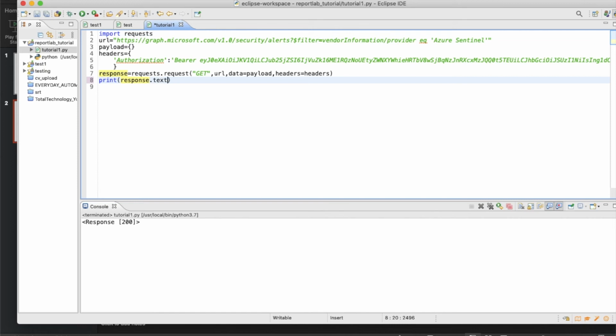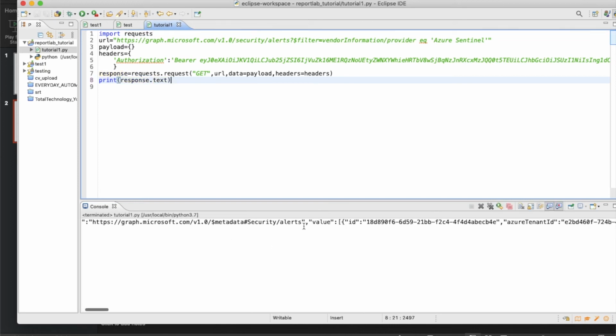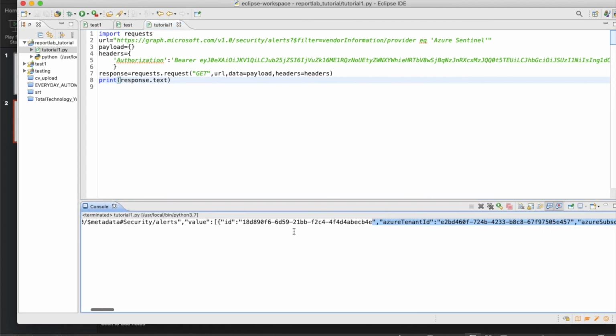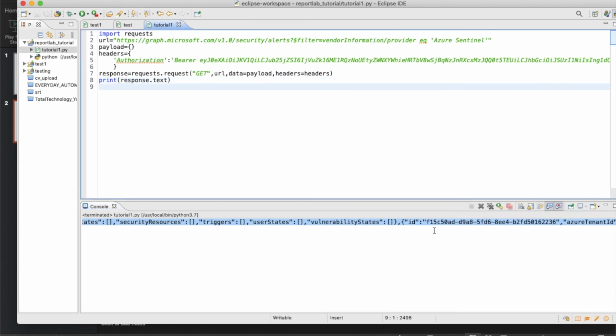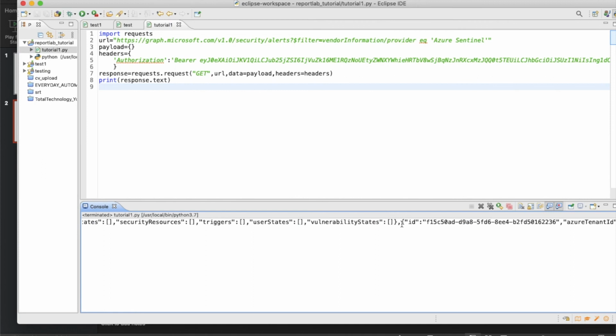So next thing is we need the text. Okay, so we got our text response. If you see here, I got everything. I have 3 alerts, so I get this one ID here, and all my tenant and other things are coming. Test, Azure Sentinel, so many things are there, right? This is actually a list, and every item in the list consists of a dictionary. So there will be 3 dictionaries.